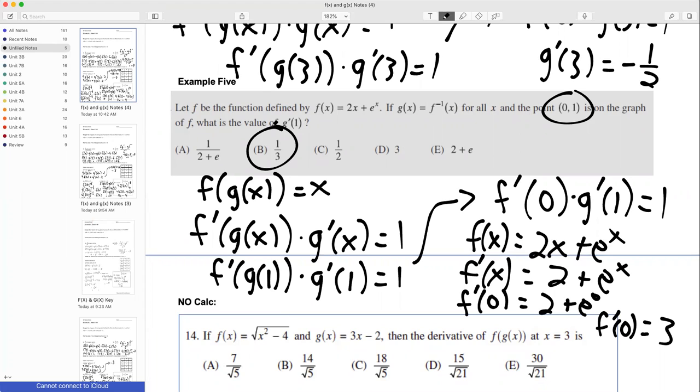So would there be a second way to figure this out? I'm not saying that I would use it, but is there another